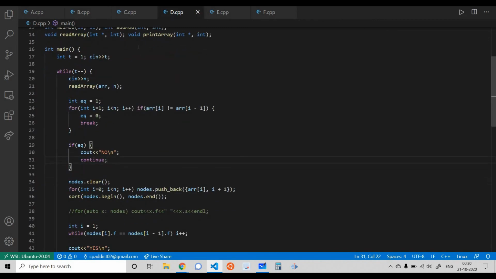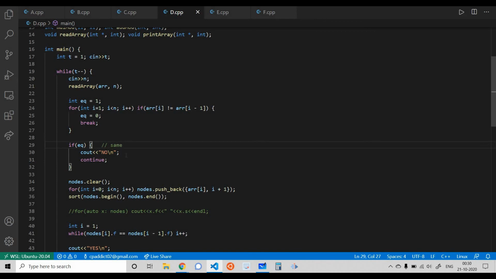First of all, similar to problem C, I am initializing this flag eq as 1, which tells me whether till this point all the values are equal. I traverse my array. The point where I see the adjacent values are not equal, I update it and simply break out of the loop. After traversing all of it, if eq is still equal to 1, it means all the values are the same.